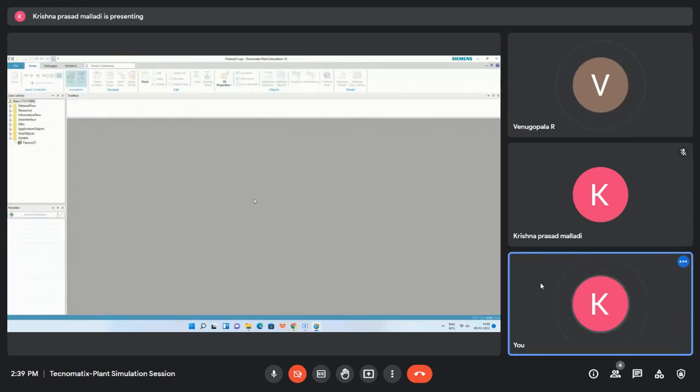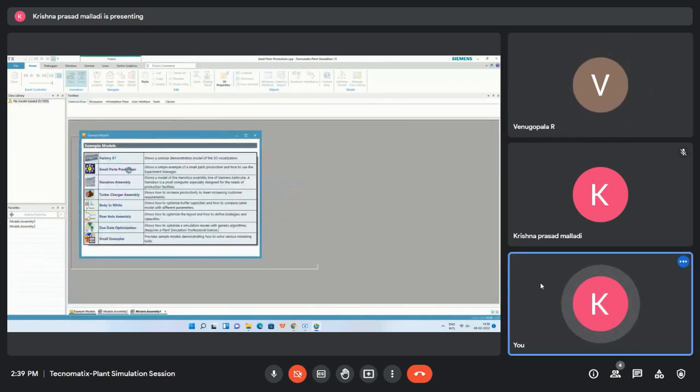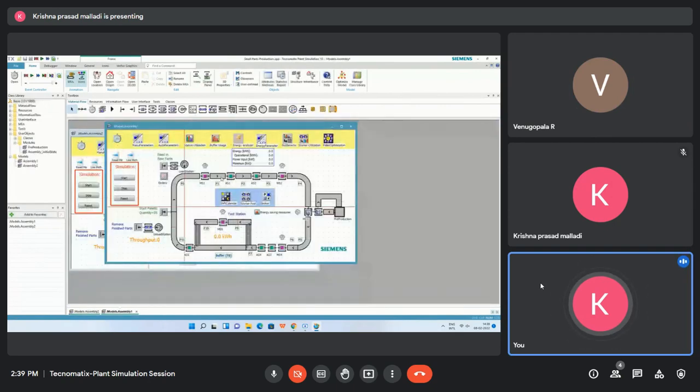Not only this one, we will have n number of examples on all the different things. We can click on one, and it will pop up directly, and we can run the simulation and showcase it to some person from that background. Once it is done, we can close it.